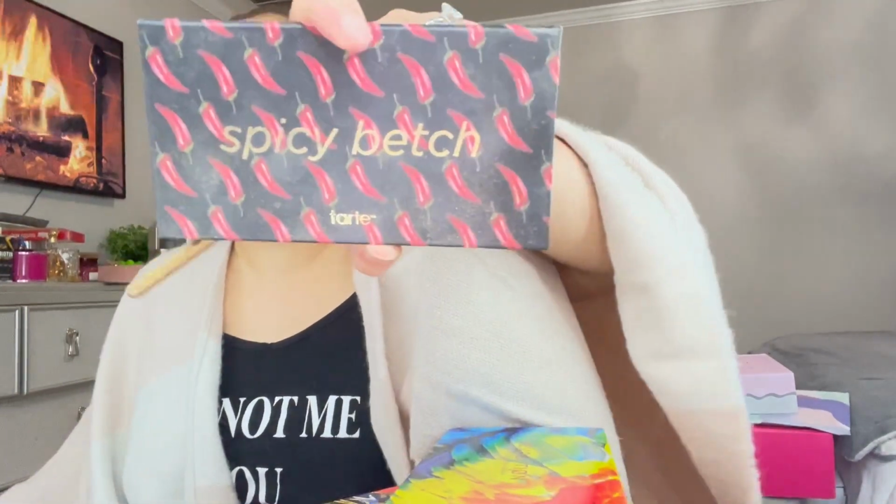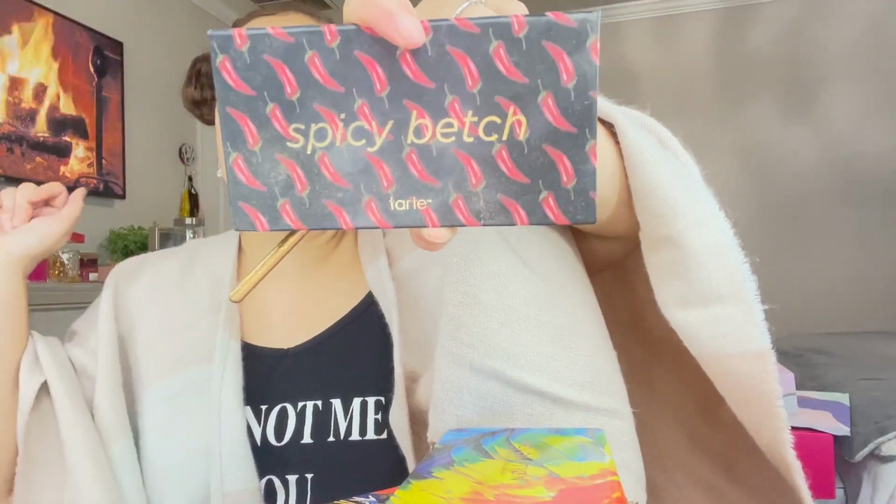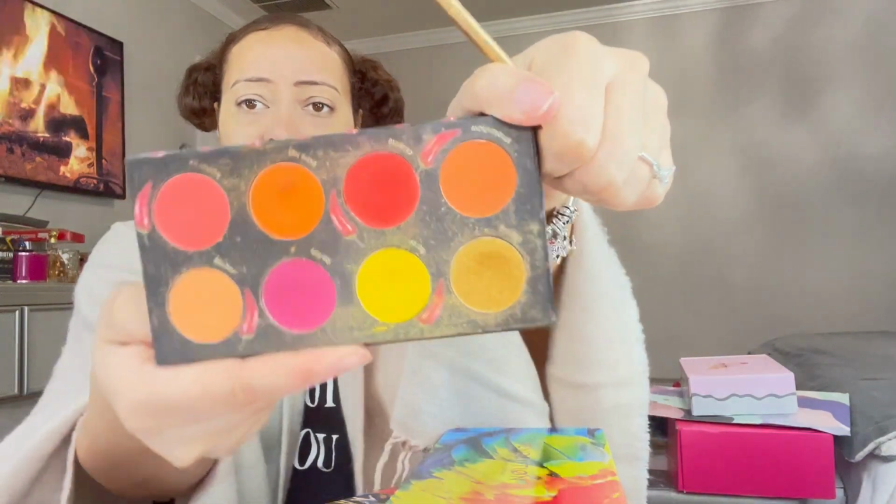This is one of my favorite palettes, y'all. This is the Tarte Spicy Batch palette, and these are the colors, super bright and pretty. And I'm probably just gonna use this. Okay, so anyways,